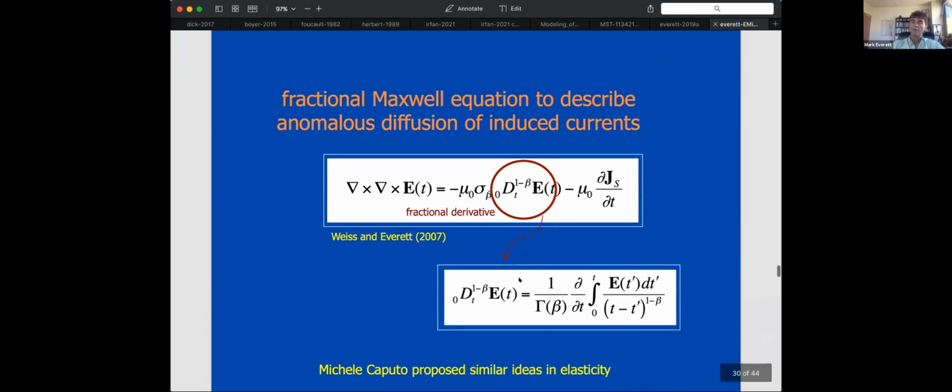So in order to account for that roughness, one can adjust the time derivative in Maxwell's equations. And this has been done not only in geophysics, but all over in many different areas of physics. For example, Michel Caputo many years ago proposed a similar idea in elasticity, and you replace the integer order time derivative, or space derivative if you want, with a fractional term with beta, and this is the same beta that governs the square displacement term. And so this equation here, if you solve it, produces a distribution of currents that has those heavy tails